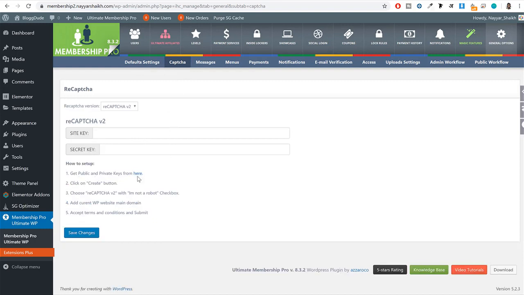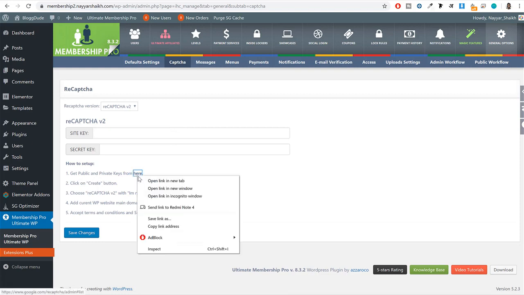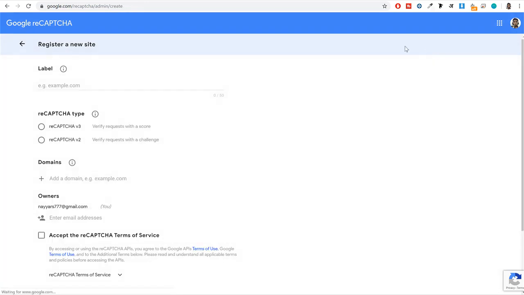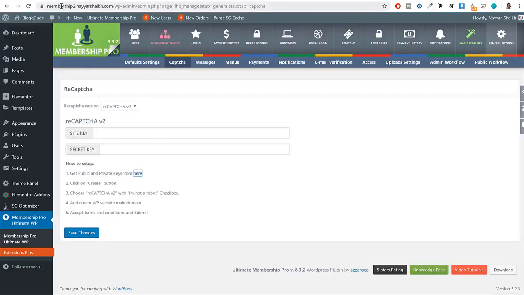Let me show you. Just open this link in a new tab. You'll see here, this is a link. Open this link in a new tab, or you can just type in google.com/reCAPTCHA. You can create a new account if you want, very easy and free to create. Then after that you have to click on this plus button to create a new one. Yeah, and you have to enter your website name. So here our website name is